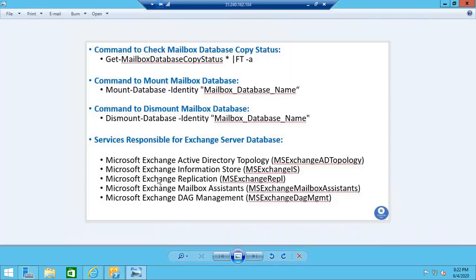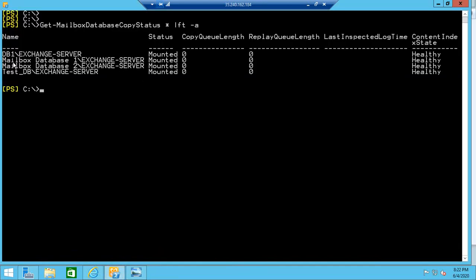Now if you want to dismount any particular Mailbox database, we will run this command, Dismount-Database -Identity, and then the Mailbox database name. In this example, we will dismount Mailbox database 1. So we will run this command.